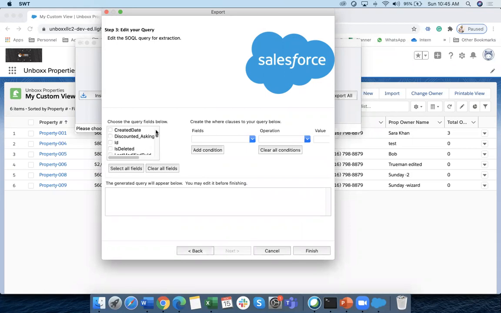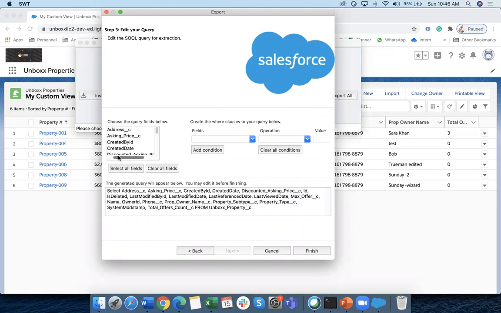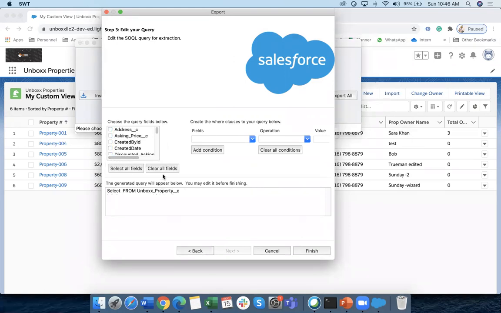So you can choose what fields you want to export, or you can choose select all fields. If I say select all, all fields are selected; clear all, fields are cleared. I can selectively select as well. So let's say I want to export address, asking price, ID. I'll talk about ID, what it is, in a bit. And then for example, max offer,